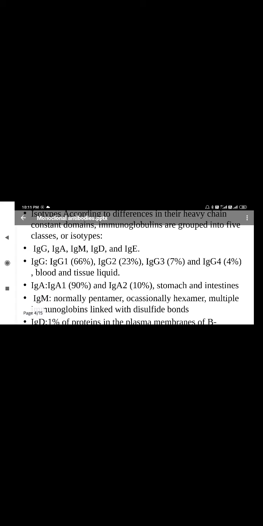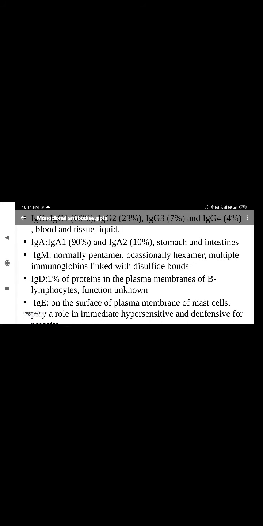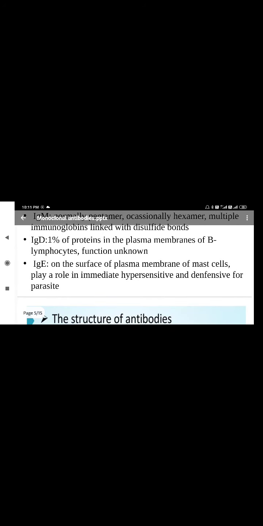Then coming to IgG, it is again classified into IgG1, IgG2, IgG3 and IgG4, found in blood and tissue liquid. Coming to the IgA immunoglobulin, it is divided into A1 and A2, present in the stomach and intestine. IgM antibody is normally a pentamer, occasionally a hexamer, multiple immunoglobulins linked with disulfide bonds. IgD is 1% of the proteins in the plasma membranes of B lymphocytes, where the function is unknown. IgE on the surface of the plasma membrane of mast cells plays a role in immediate hypersensitivity and defense